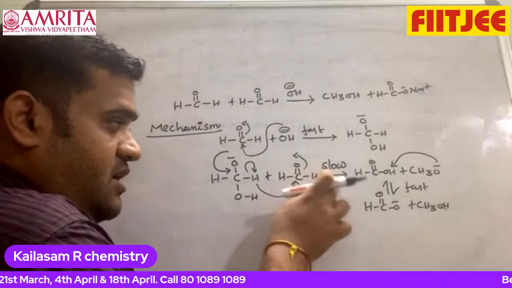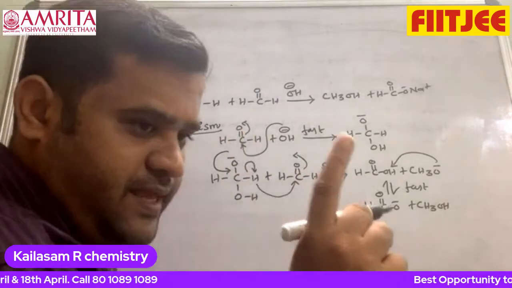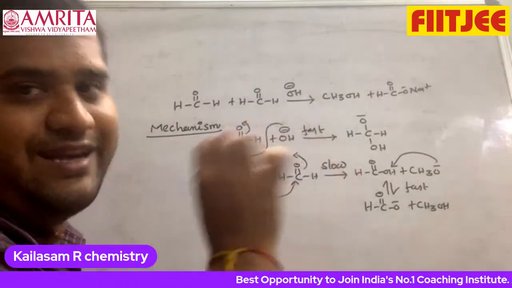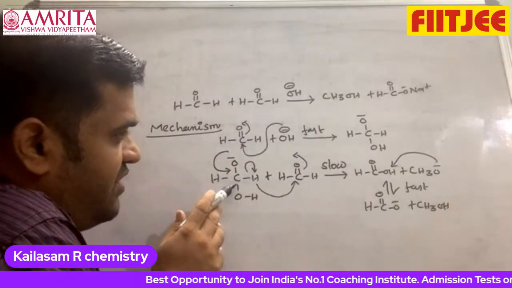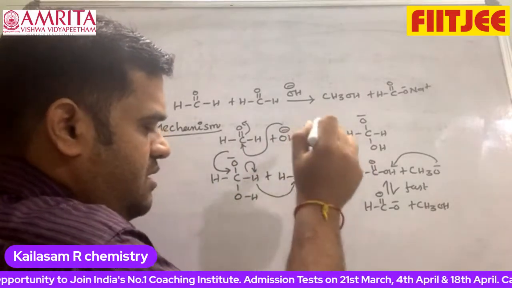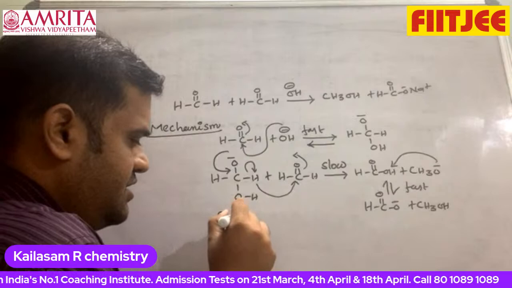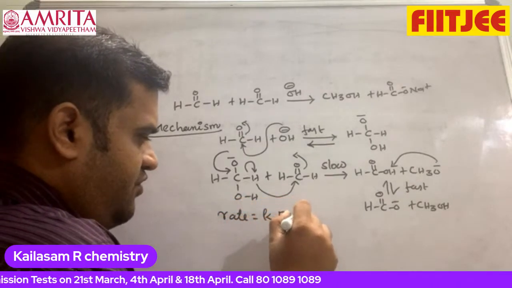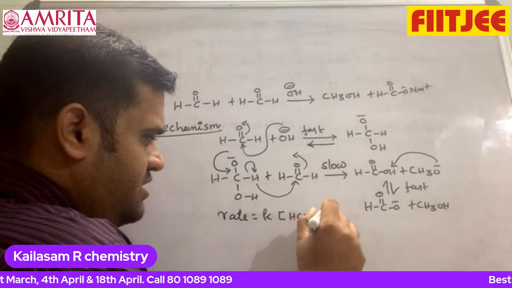Now one thing in the rate expression: the intermediate cannot be expressed in the rate equation. So where does this come from? It is coming from the first step. Now I can write that this is the equilibrium step. Now I can write rate is equal to K into the concentration of HCHO and the concentration of